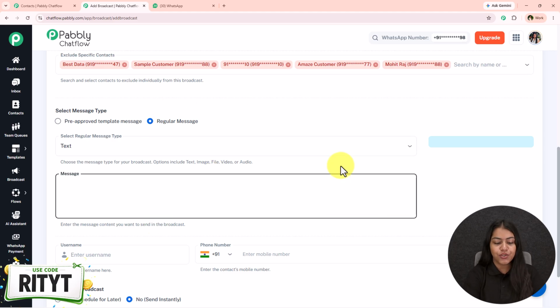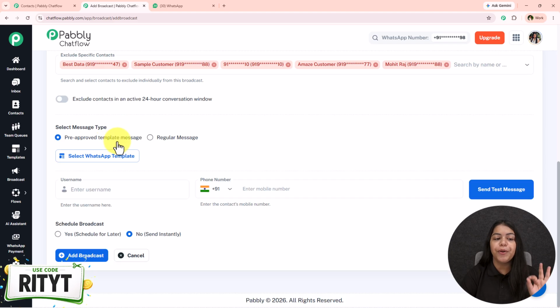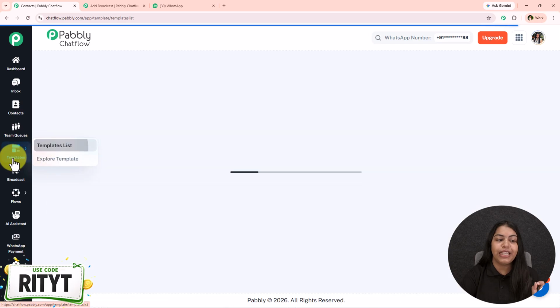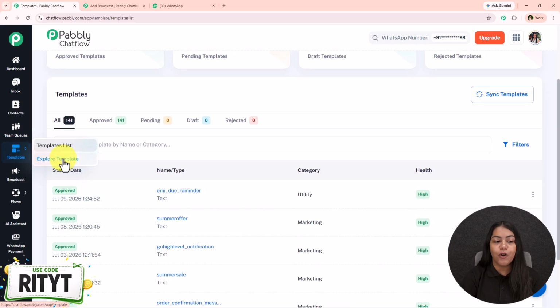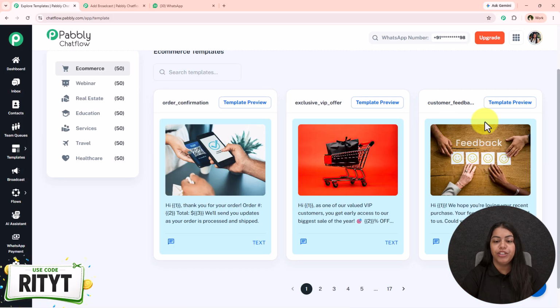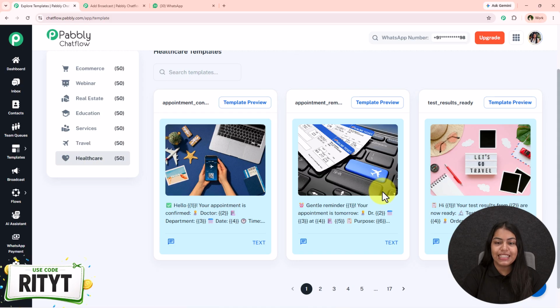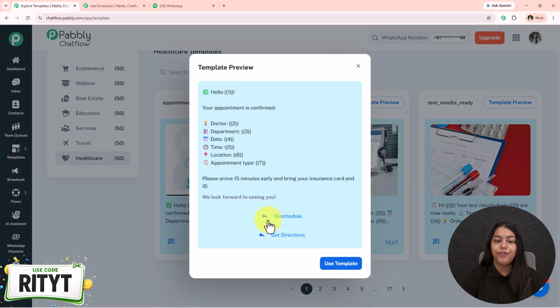Once you enter this message, you can see the preview of the same on the right end of the site too. If you want to go for a pre-approved template message, go on the left end of the site towards this template and then template list. Over here, you're going to see all the lists. If you want, you can also go on this explore templates and explore the templates. You can choose the templates which you want for your own business and simply create that template for your own